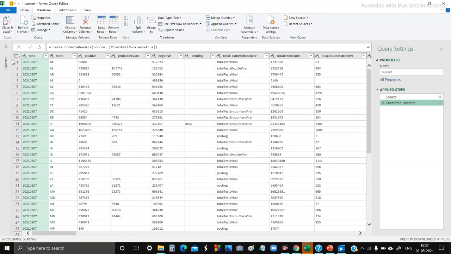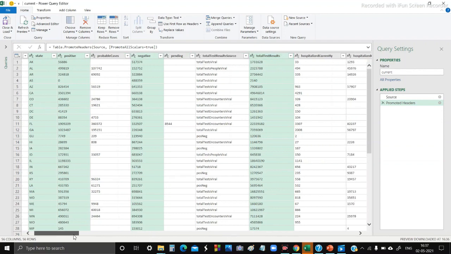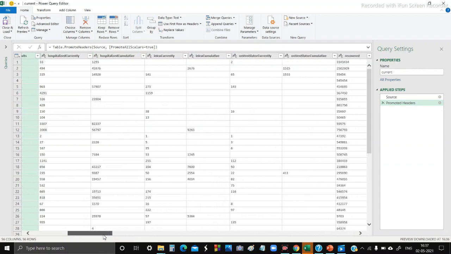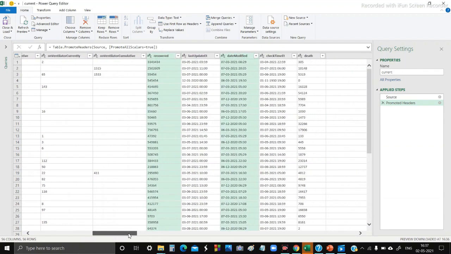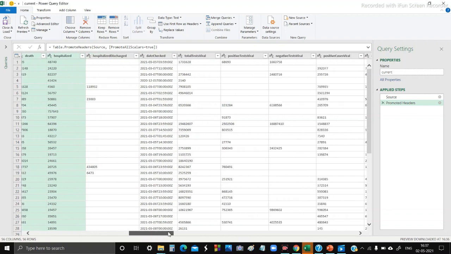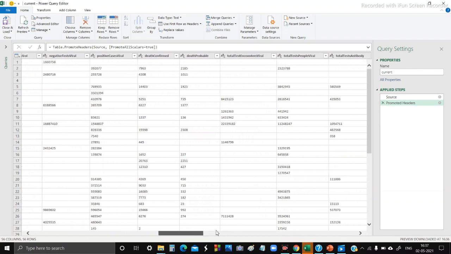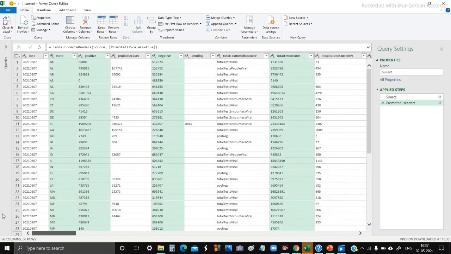Control-click and select the most wanted and important columns like date, state, negative, total test results, recovered, date modified, death, hospitalized, and that's it. The rest of them are not needed here.